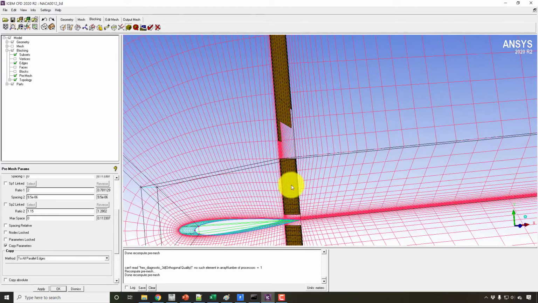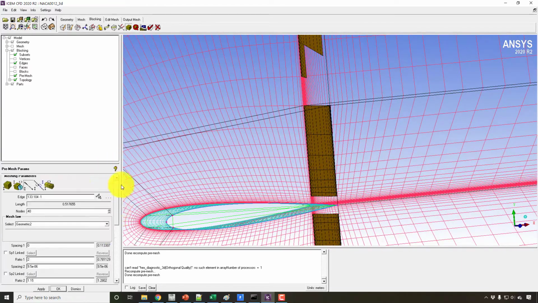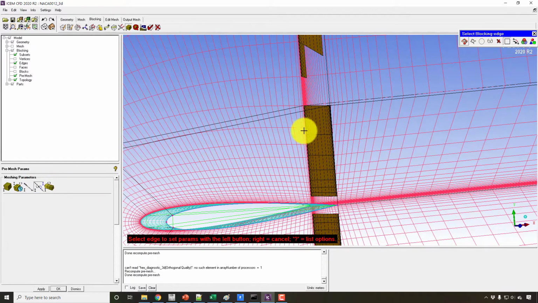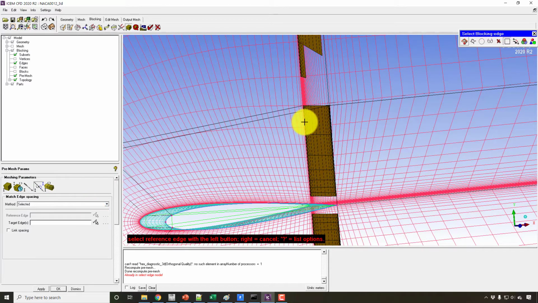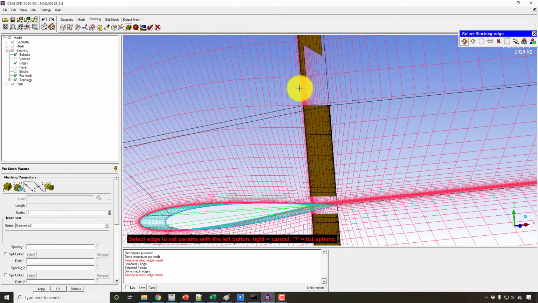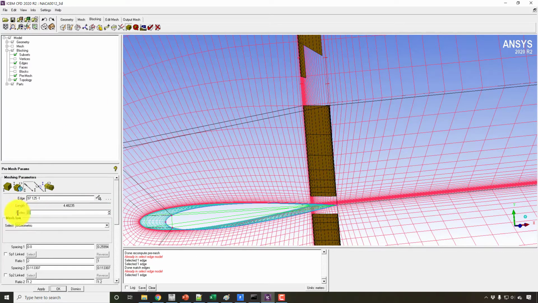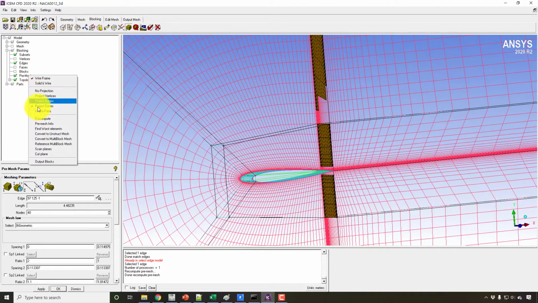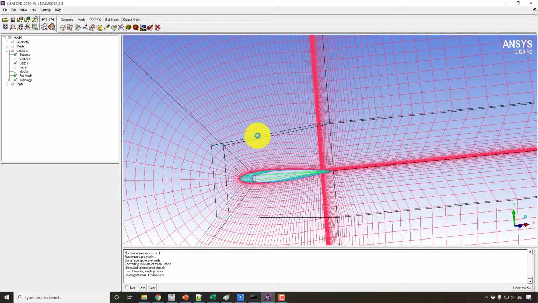So you can see that the cell height is reduced somewhat, and I will copy this cell height from this block, the inner block, to the outer block, and I will also increase the number of nodes in this direction as well. From 20 I will make it 40, and the ratio I put is 1.1, and apply, and right click on the pre-mesh and recompute. And now again I will convert this pre-mesh into an unstructured mesh. So right click on the pre-mesh and click on Convert to Unstructured Mesh, and this is the mesh we need for the commercial CFD codes.